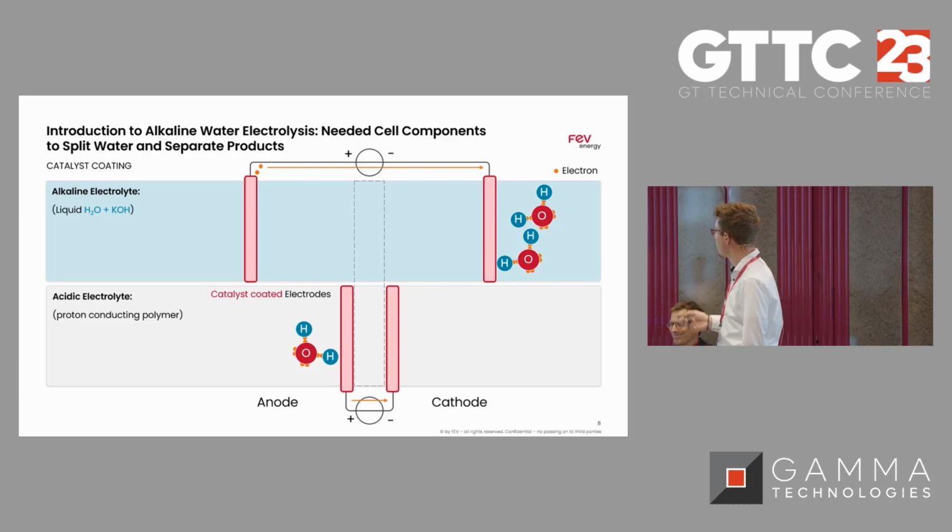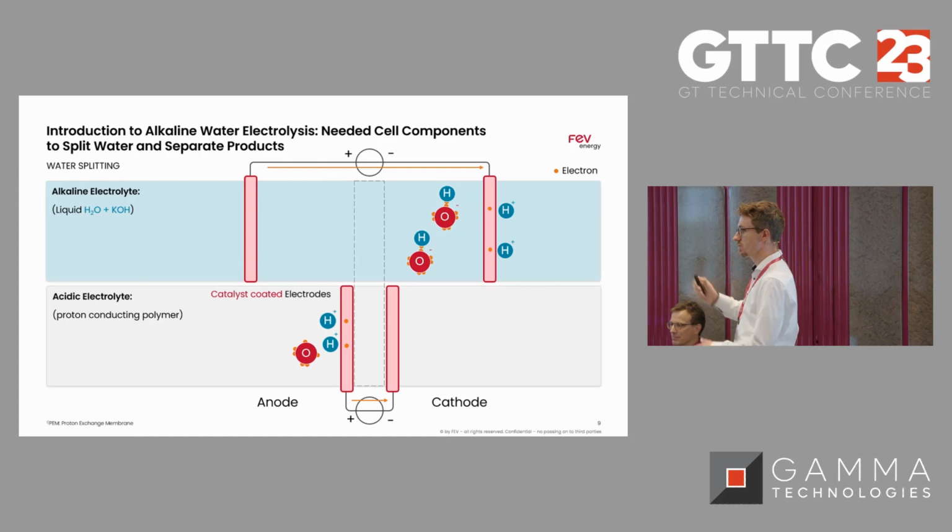On the alkaline side, we actually provide the electrons to that side and kind of rip off that hydrogen, whereas on the PEM side, the hydrogen atom would kind of provide its electron there. So we both end up with H+, but now in the alkaline we actually have that